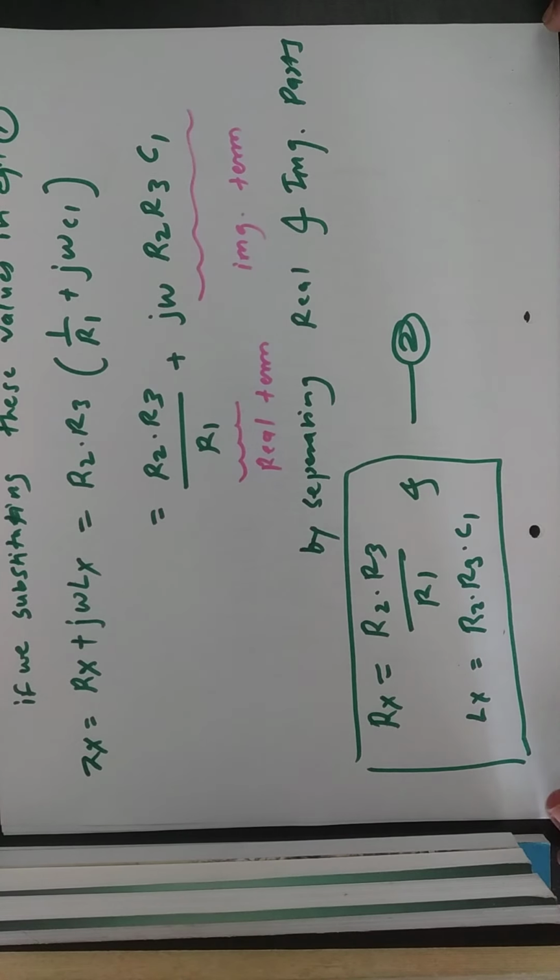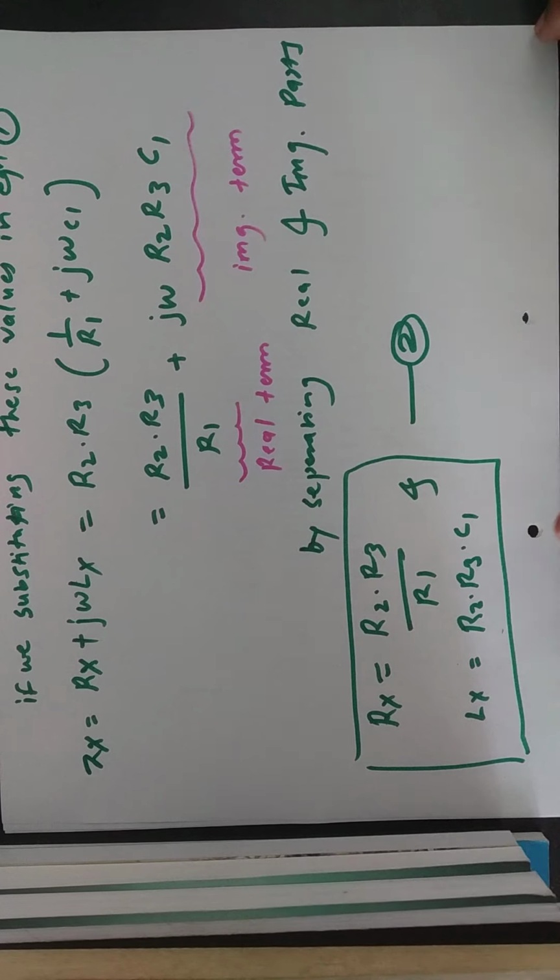So this is the general bridge balance condition for the Maxwell bridge. To obtain the bridge balance, R3 is adjusted for the inductive balance, whereas R1 is adjusted for the capacitive balance. So this equation tells you that R3 can be adjusted for the inductance balance, whereas R1 can be adjusted for the capacitive balance.